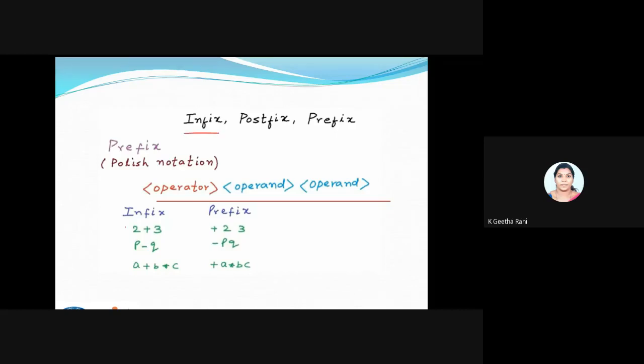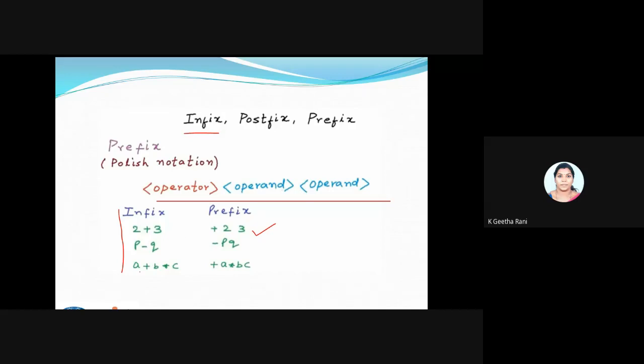So we can see I'm writing a code in infix, and I'm trying to change this expression into prefix. Since I'm having a plus here, the syntax is that first your operator should come. So plus 2 3, that is your prefix notation. Again p minus q, my operator is going to be minus, so minus p q. I'm making a prefix, meaning bringing your operator to the front.